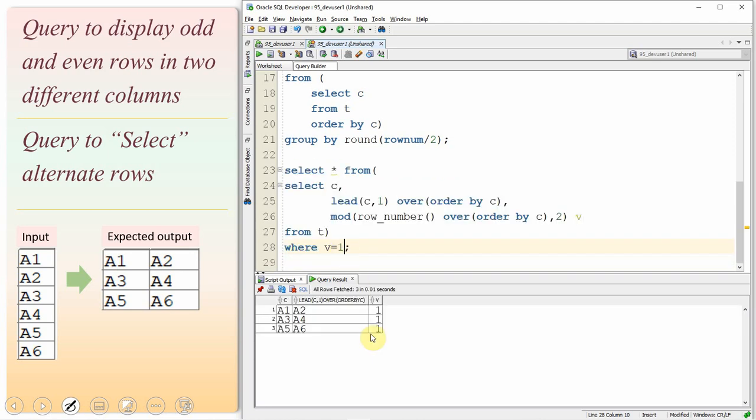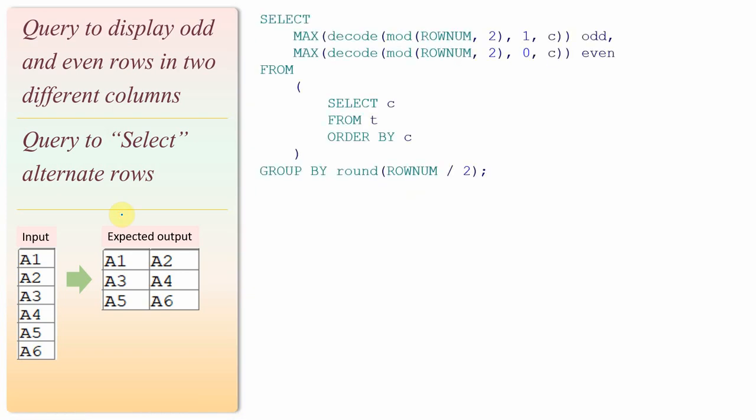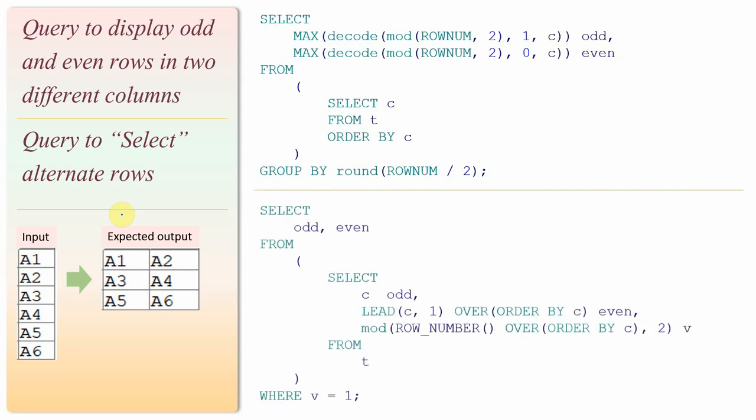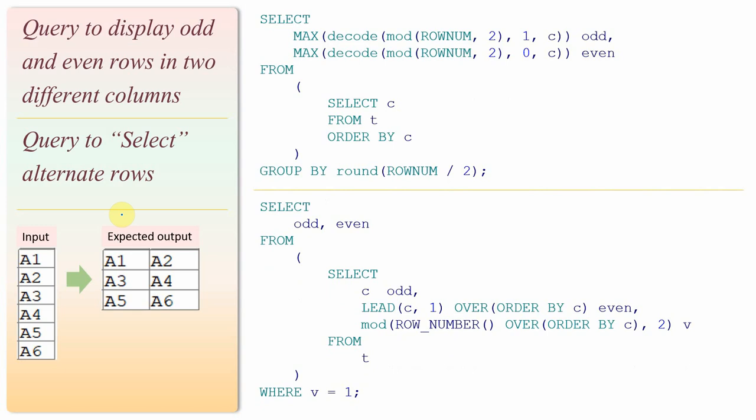So you can remove all the unnecessary columns, but we just got both the odd and the even number records in the same column. So based on the interviewer's ask, we may display only this column to display the odd values or even values, or to display the next column just to display the even values. So here are the two different implementations. The first implementation is very simple. We are just using only the aggregate function and the group by clause, and the same functionality we implemented using the analytical function. The key learning here is the lead function.